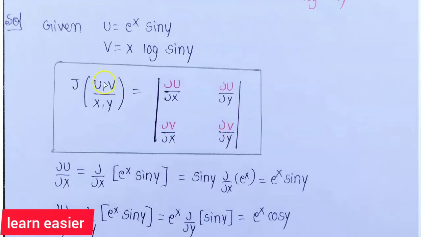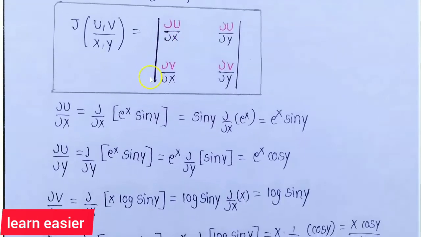You can see here u comma v are in numerator, so we have to take dou u and dou v row wise, that is here you have dou u and dou u in row 1 and dou v and dou v in row 2, and x and y are in denominator, so we take dou x and dou y column wise to remember easily, that is dou x is in column 1 and dou y is in column 2. So it is easier to write in this way.